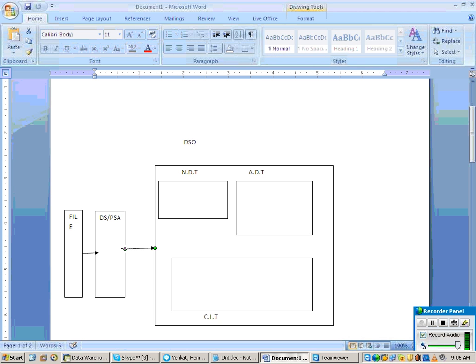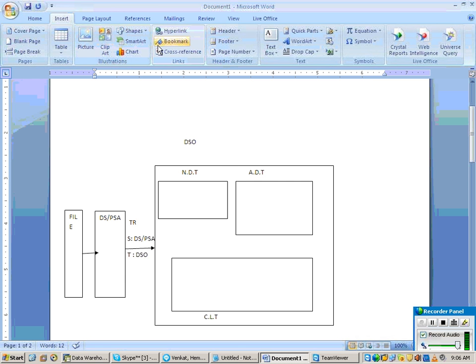For this transformation, the source is your data source and the target is the DSO.